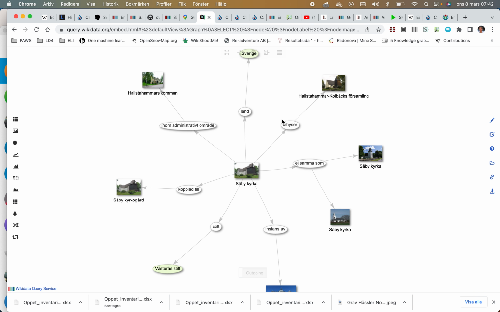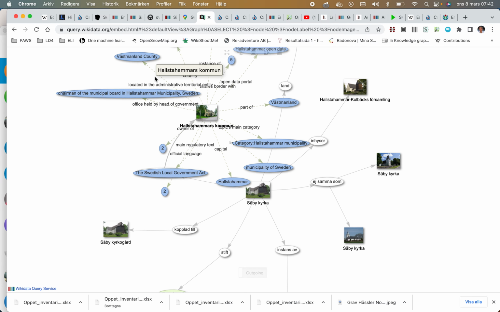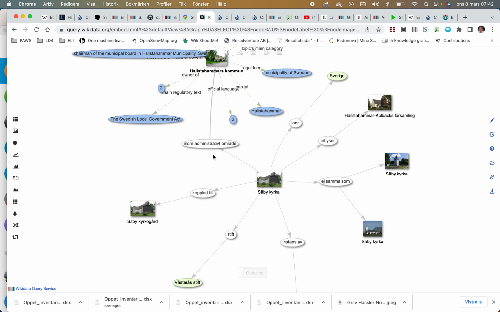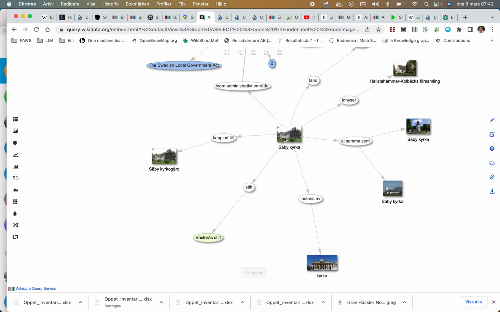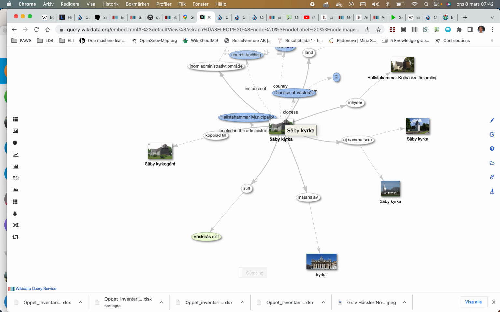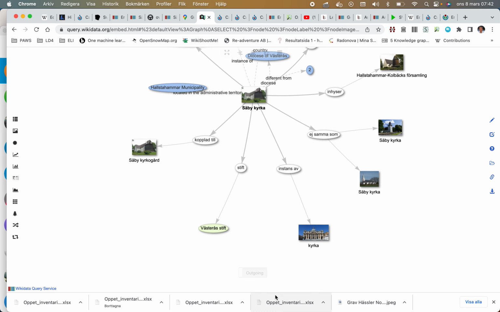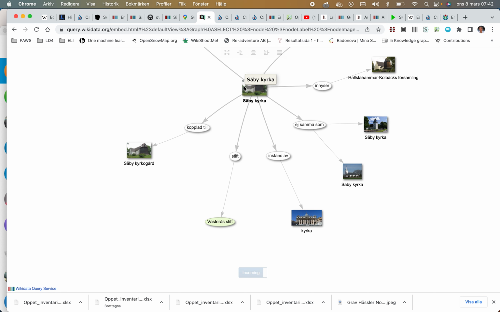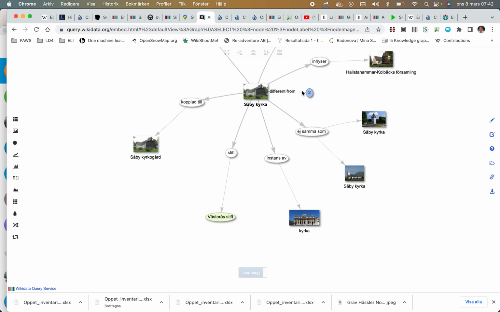Then we can see all the objects it's connected to, and in this SPARQL query you can also navigate. So if I have, for example, this church here, I can go down here and ask what is pointing in the direction of this church, and then we can see it pointing